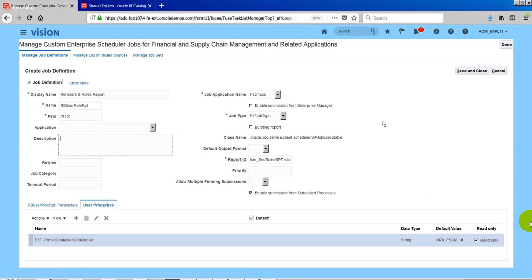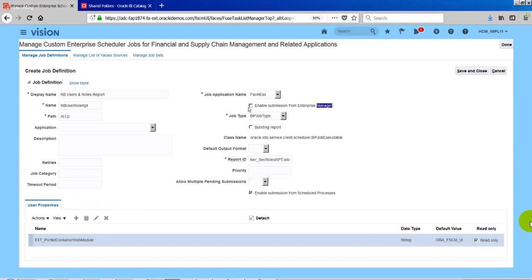And what is the importance of the enable submission from enterprise manager checkbox? If we have access to enterprise manager... As I was saying, enterprise manager is the place where all these ESS jobs are configured. If an administrator needs to do anything, they will do it from enterprise manager. Typically, we don't have access to it. So it means the administrator can submit it in enterprise manager.